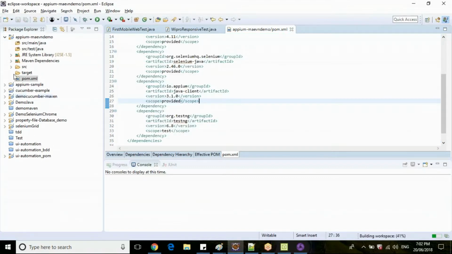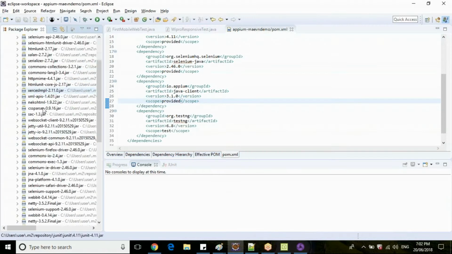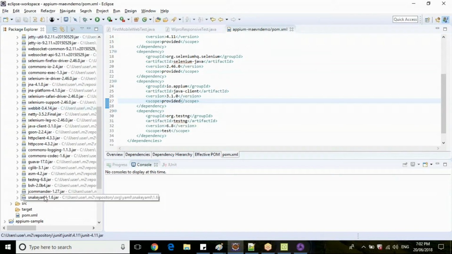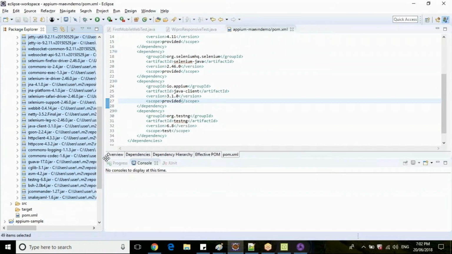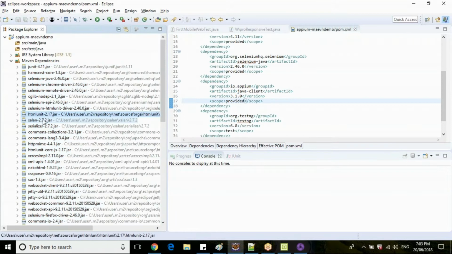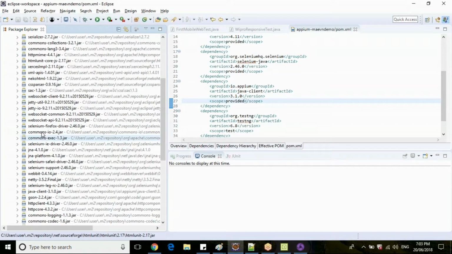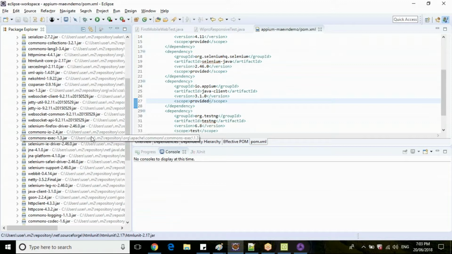If you see here now, you have your Maven dependencies. These are all the required, indirectly referred jar files. Yesterday we missed out some of the jar files, and that's where we were facing an issue while executing. We missed out the commons IO supporting jar file and the Gson jar file. That is the issue we faced yesterday.